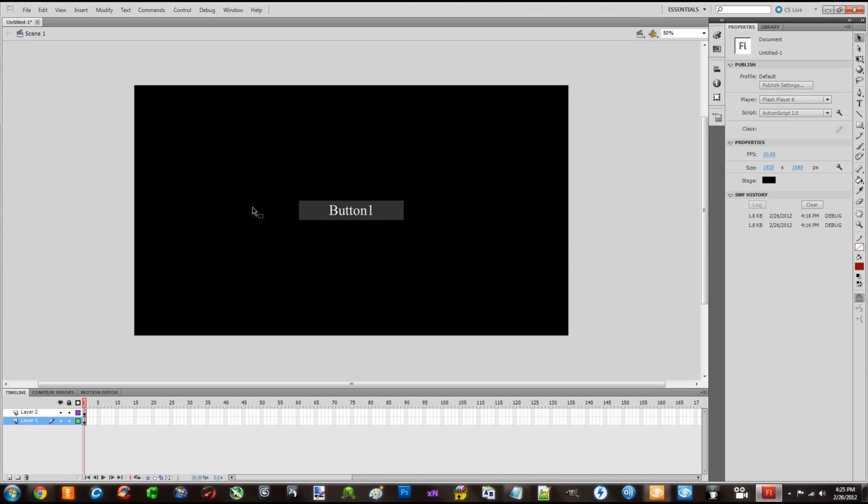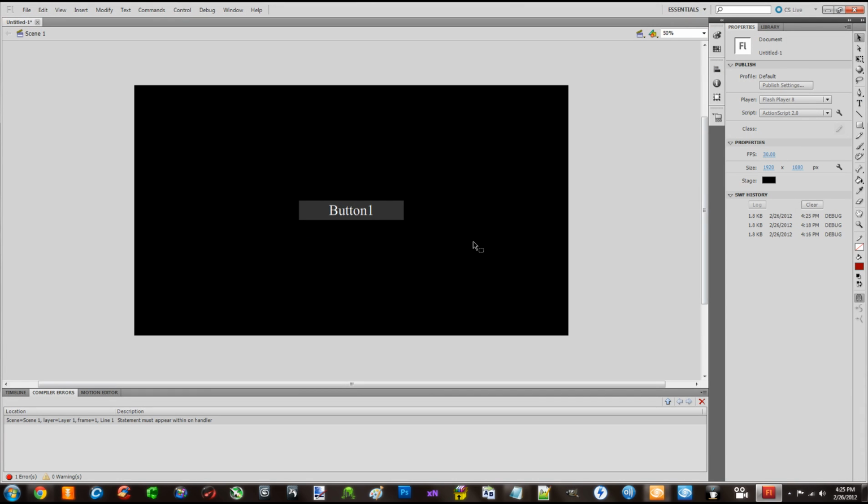Now we're going to get a little bit fancier, and we're going to create a mouse cursor. Let's debug the movie. We're going to go ahead and test it. You're going to see it's just a default mouse cursor. But what if we want to have a special mouse, something that looks really cool? This tutorial is going to show you how to make something cooler than a standard mouse. So what we're going to do is go to the Shapes tool